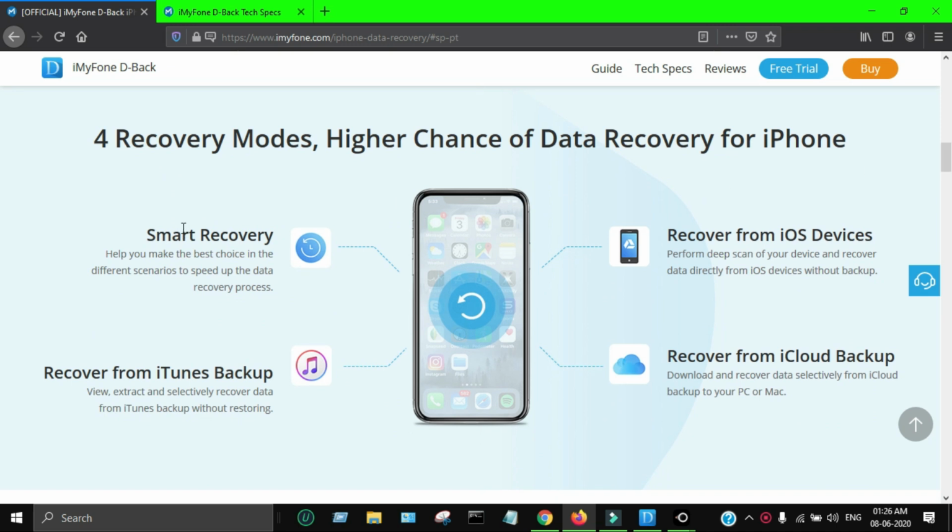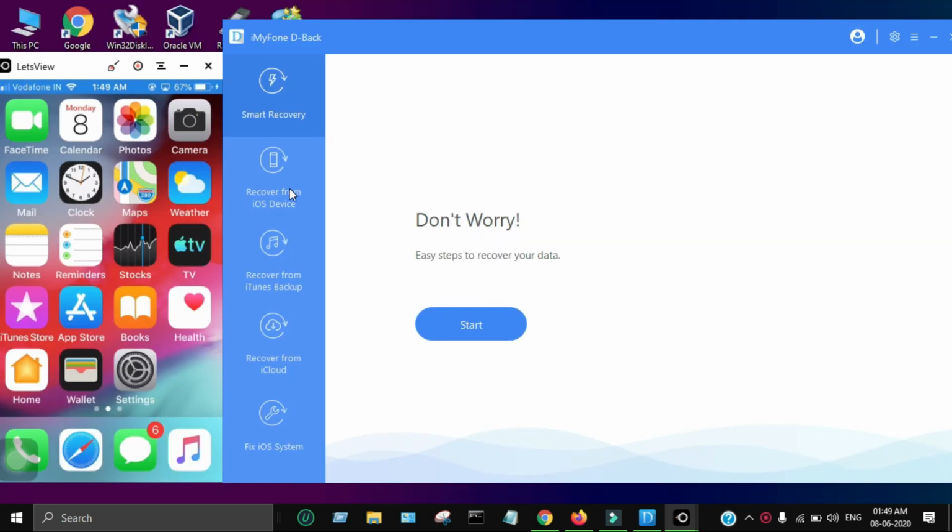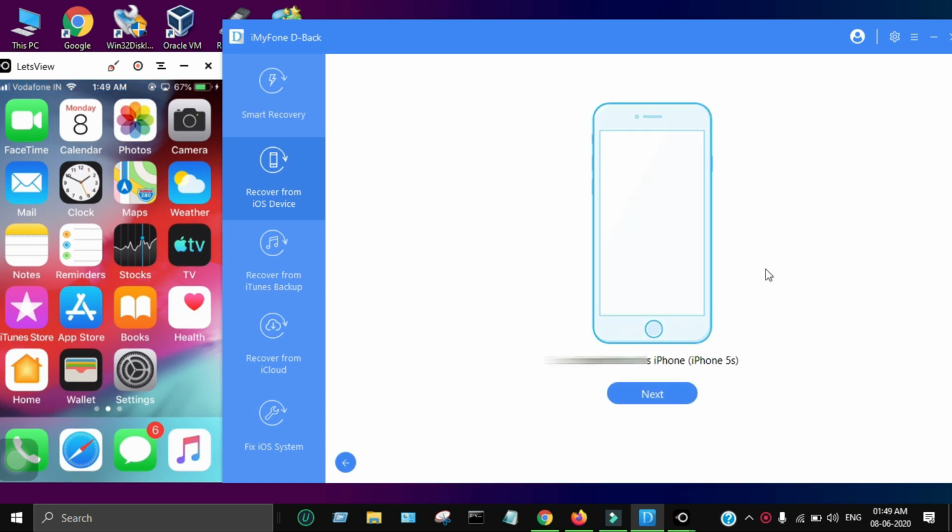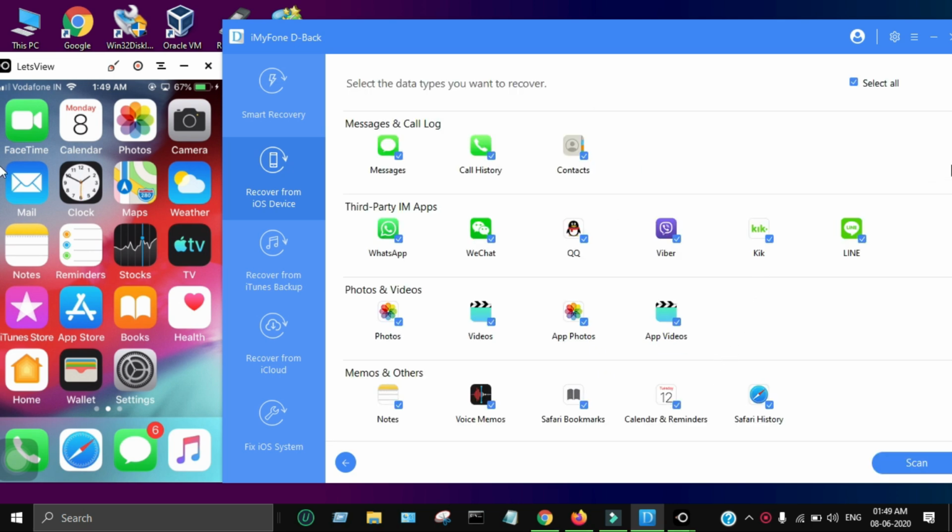In this, it will scan the whole device for recovering the data from the data sectors. Generally, when we delete something, it will be deleted from the available storage, but the data is still somewhere in the device called the data sectors, which are memory locations. You cannot access that data directly, but with this tool you can get all the deleted data from the different data sectors and recover your lost data from your device.